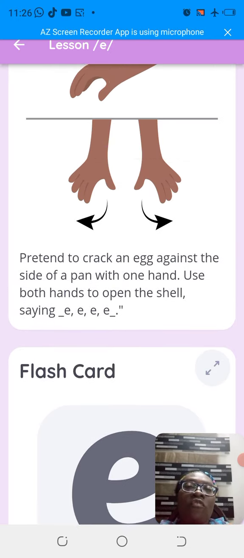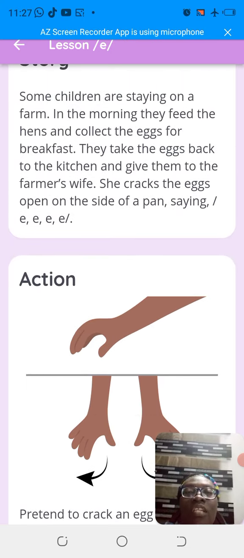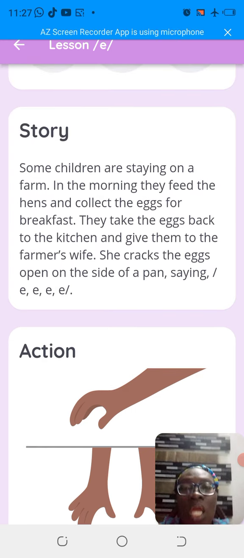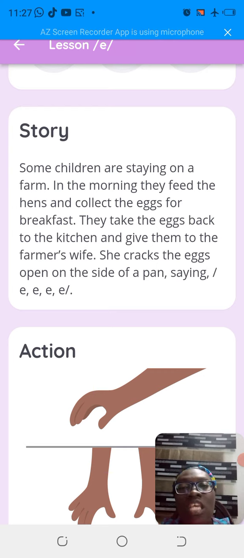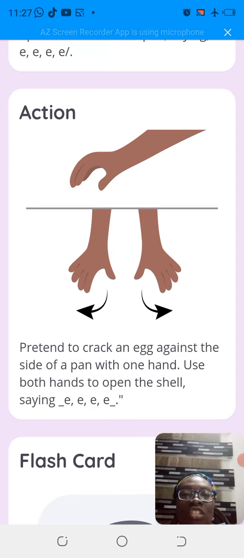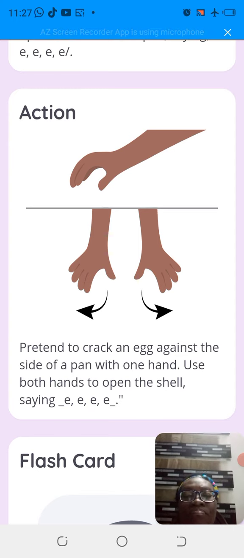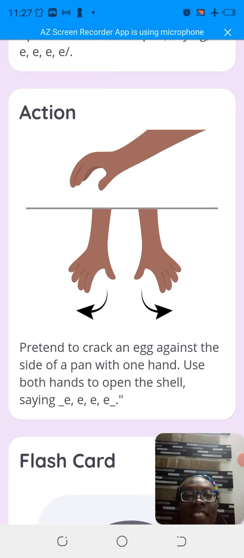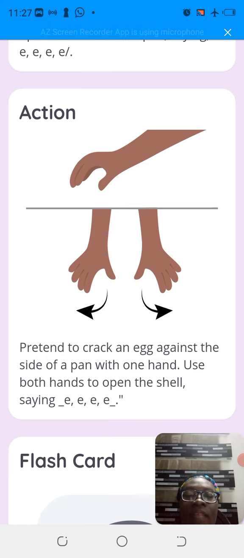Remember, before you introduce the sounds to the children, we are going to tell them stories. You can form your stories on your own, or you use stories in the Jolly Phonics. Then we also have an action. The action for letter E is to pretend as if you want to crack an egg. You position your hand as you can see on the screen, and then you start sounding eh,